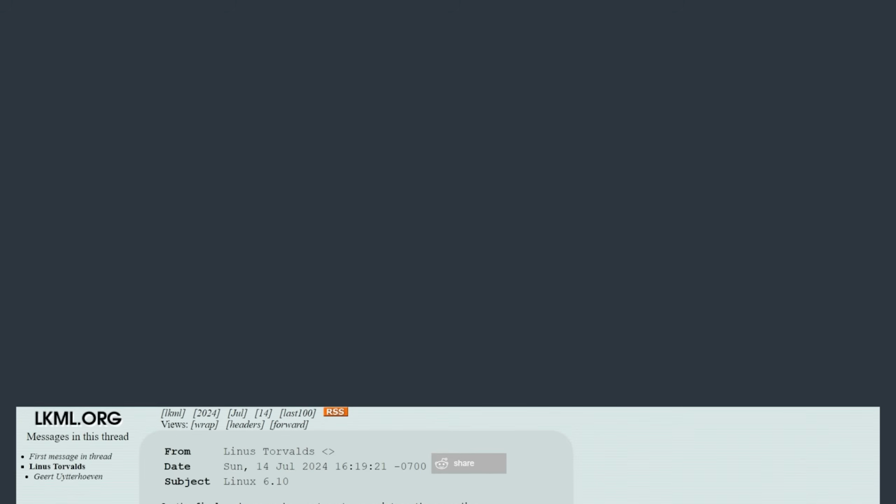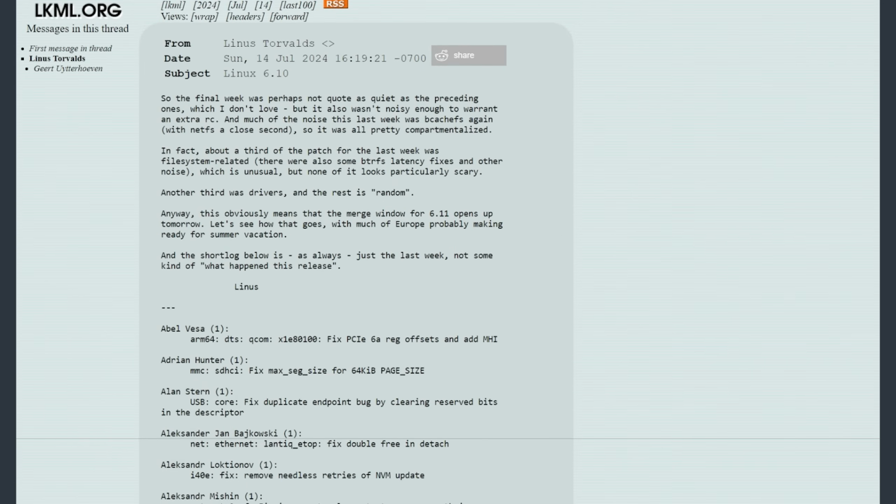As usual, we will start by reading Linus Torvalds' message. So he tells us that in the final week, it was a little bit more heavy than usual. So it was a little bit more scary. Of course, when there's more commits on the last week, it's always weird because you don't have as much time to test them. So it's a little bit scary, but still, it wasn't that much that it warranted an extra